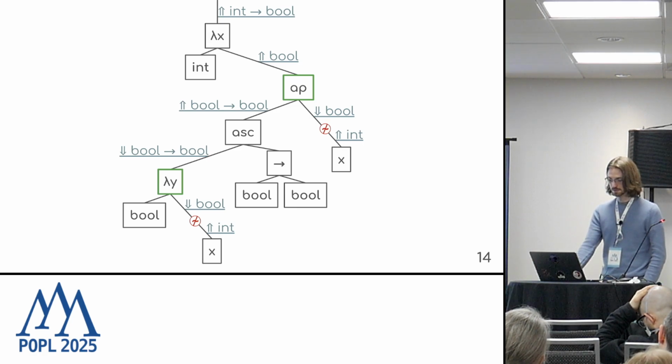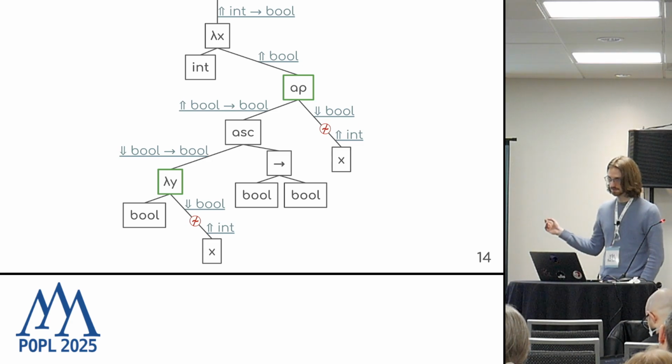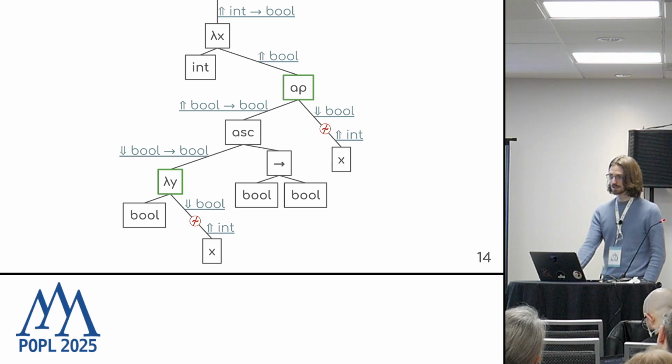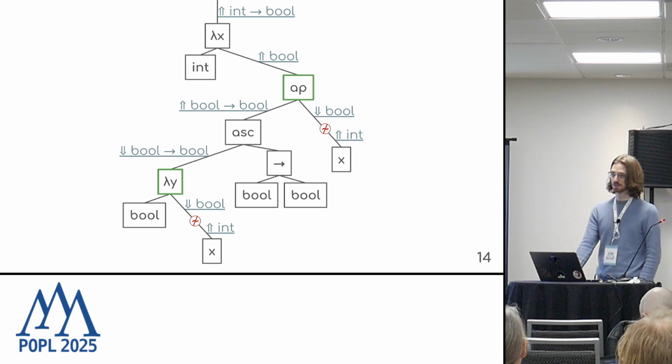And we also see some marks, some localized errors. At the x variable leaves, we find an expected bool and an inferred int. Since those don't match, we have this little red slash mark, which represents a type error, a mismatch. We could also have errors at other locations, but we won't see that in these examples. So I'm just going to step through what these two judgments look like, applying an action and propagating the updates